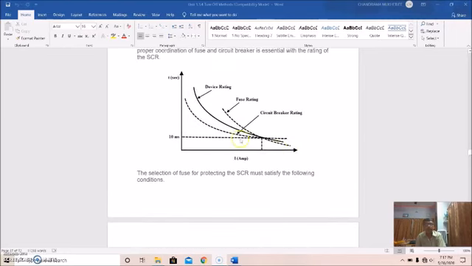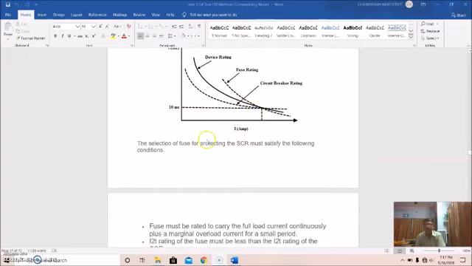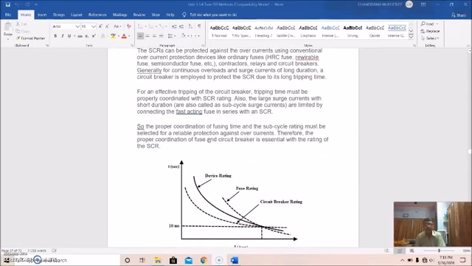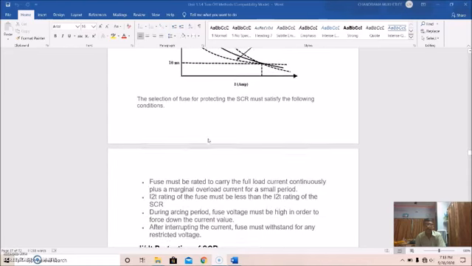So this is the characteristic curve of the device rating. This is the fuse rating curve. This is your circuit breaker rating, and this is the meeting point. This is actually a meeting point. So this is the current versus time graph, and from this the selection will be taken within 10 milliseconds. Okay, so that's all about protection against overcurrent.